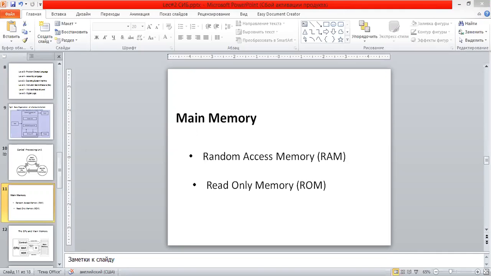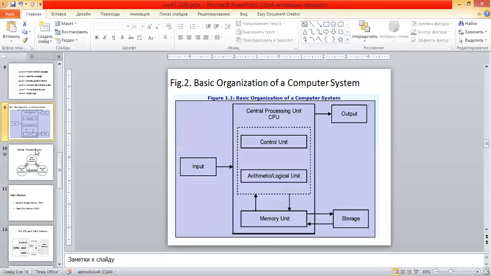Okay, thank you. So, random access memory: readable, writable, usually volatile, and general storage. Read-only memory: also readable, permanent, non-volatile, and special-purpose storage for data and instructions. The next